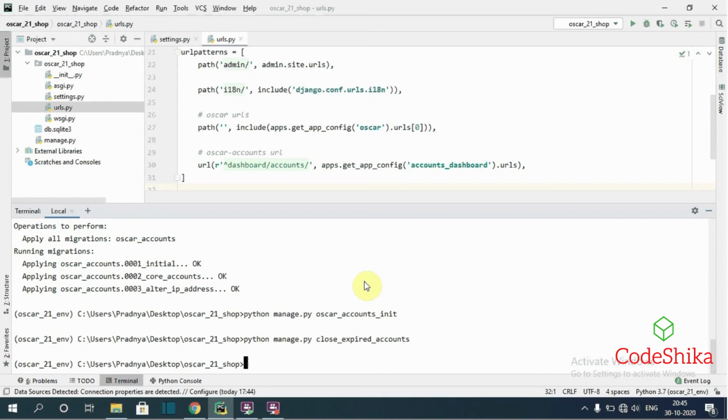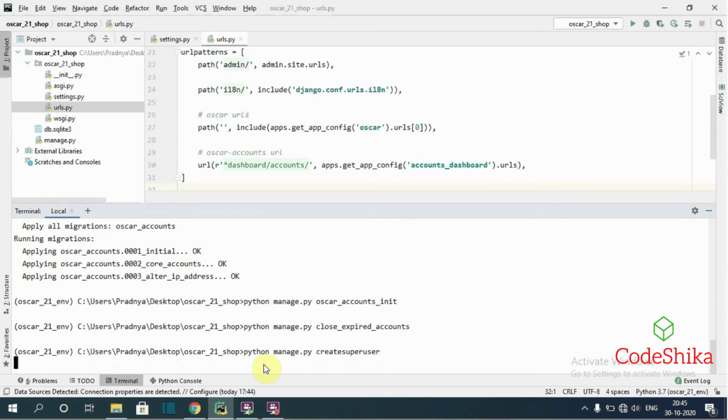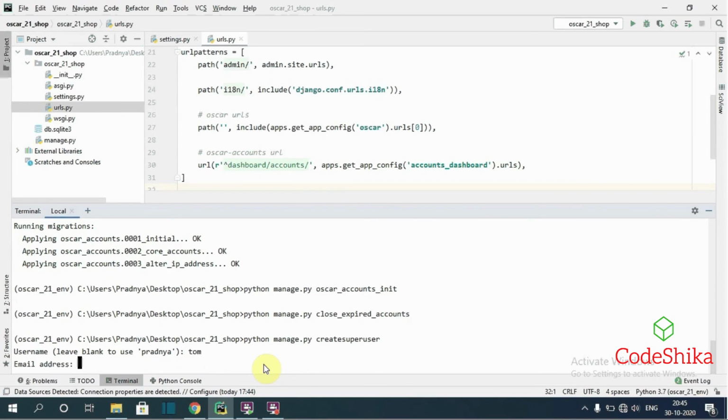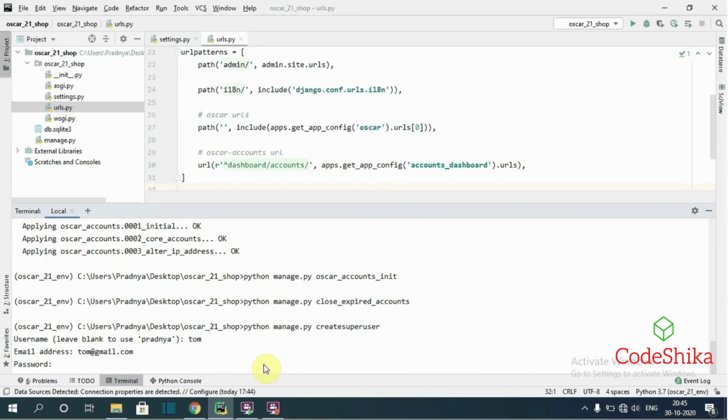Now I need to create a superuser to log into the dashboard. So I will run the command python manage.py createsuperuser. I will give here the username Tom, email address tom@gmail.com, and the password.